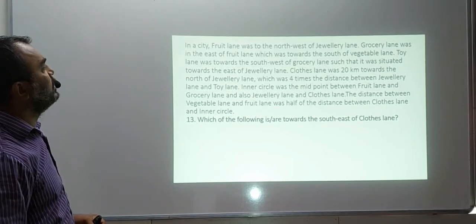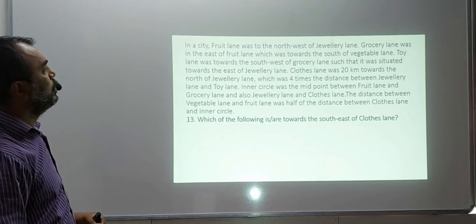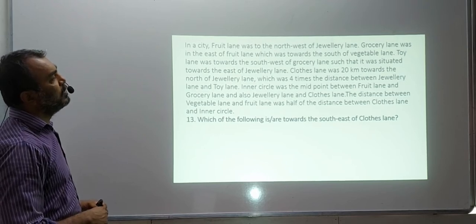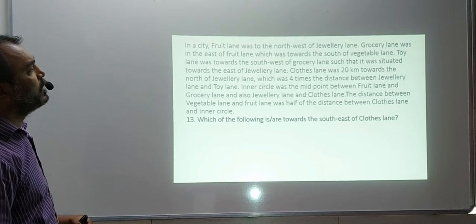Grocery Lane was in the east of Fruit Lane, which was towards the south of Vegetable Lane. Toy Lane was towards the southwest of Grocery Lane, such that it was situated towards the east of Jewelry Lane. Clothes Lane was 20 km towards the north of Jewelry Lane, which was 4 times the distance between Jewelry Lane